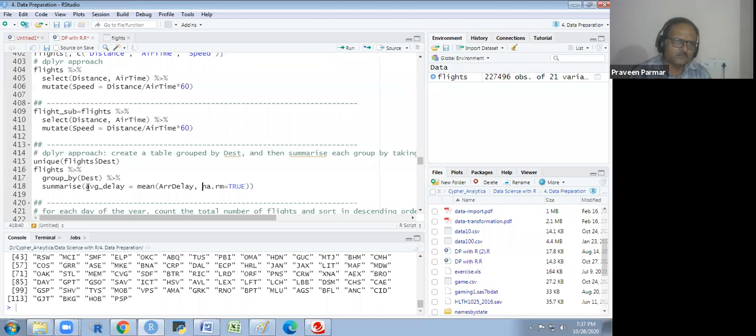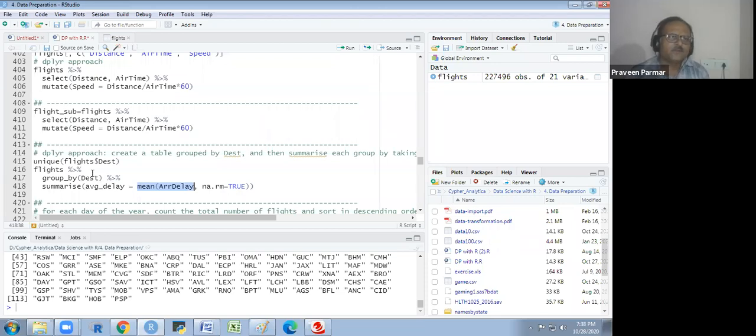This new column I will get with the destination column and average delay column. So I group it by the destination and summarize with the mean of arrival delay. That is the summary I am getting for this group.